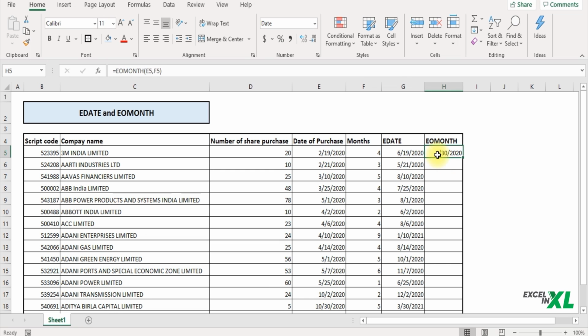So this is very helpful when you have to pay certain due amounts, or when you have mobile recharges to be done at the end of each month, or electricity bills, or any such bills to be paid at the end of each month. You can use this function to calculate. So let us fill down other cells. Okay, so this is all about the EDATE and end of month.